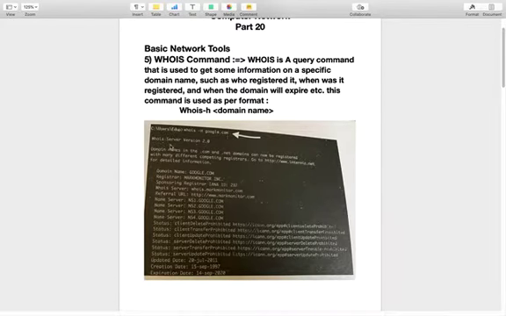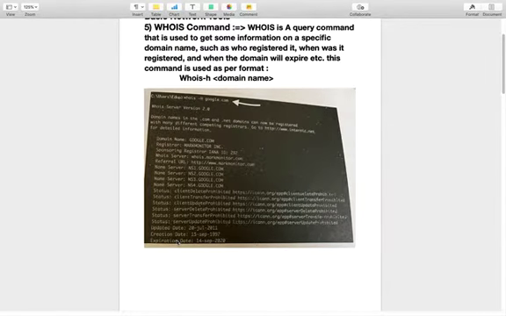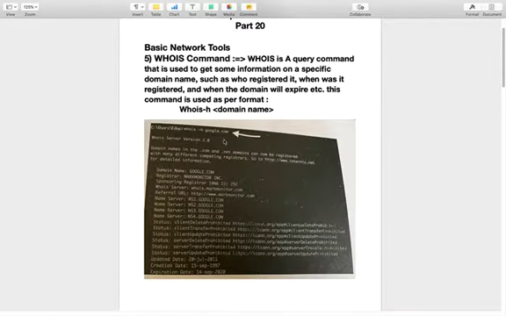So it is telling us the domain name google.com, who registered it, Mark Monitor, who is the sponsor, the whois server, referrer, name server 1, server 2, server 3, status, when it will expire, when it was created. Everything, all the information will be here about google.com.